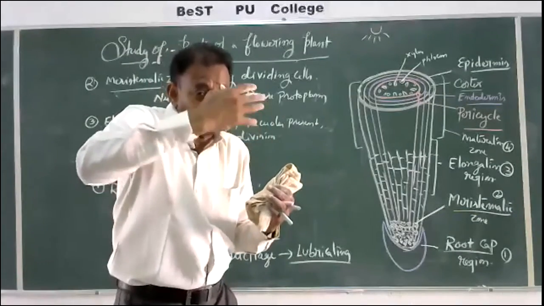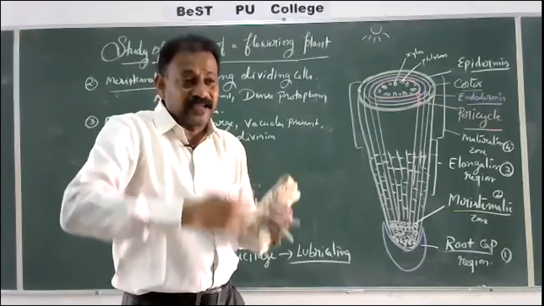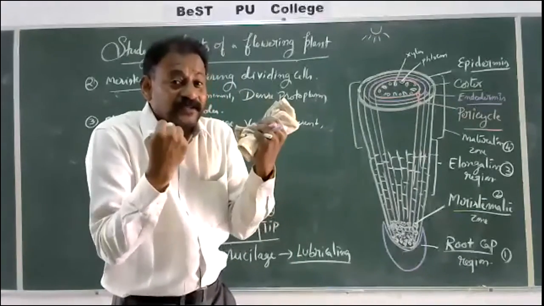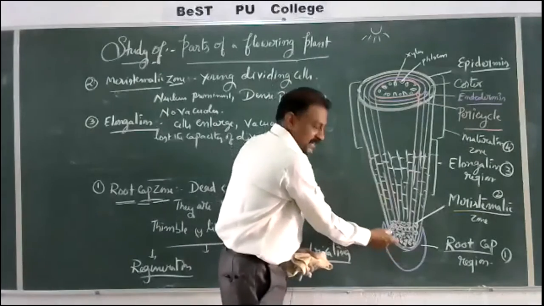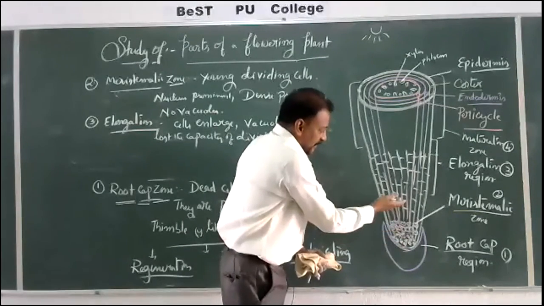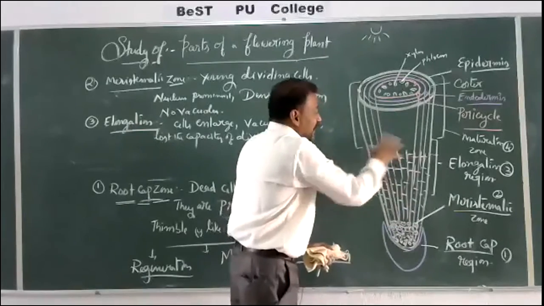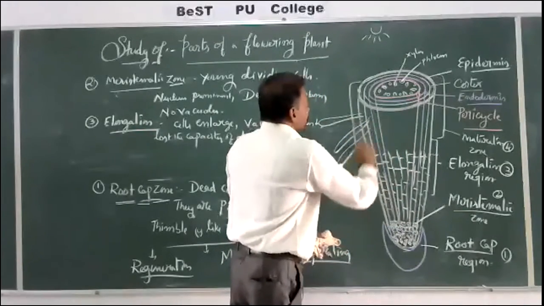In the course of 8 to 9 months, a human embryo forms, matures and develops its organs like that. Here, these are the zones where they were not mature: immature, dividing, elongated, lost the capacity. Here they mature and produce certain structures which are called